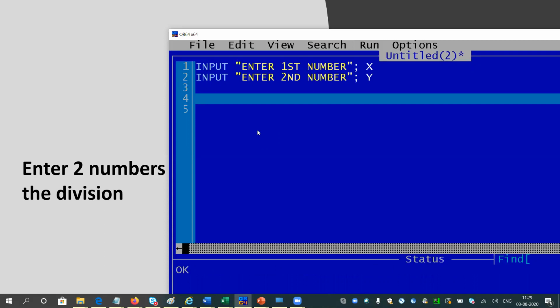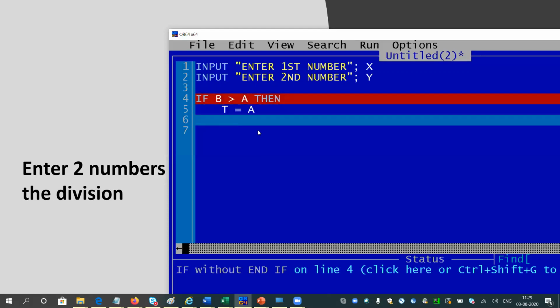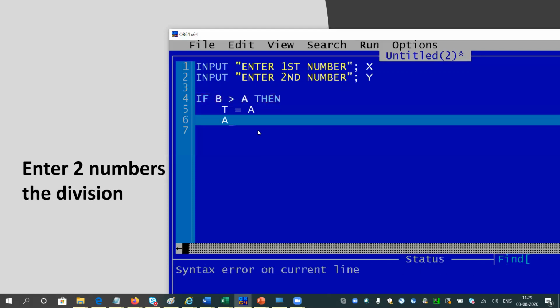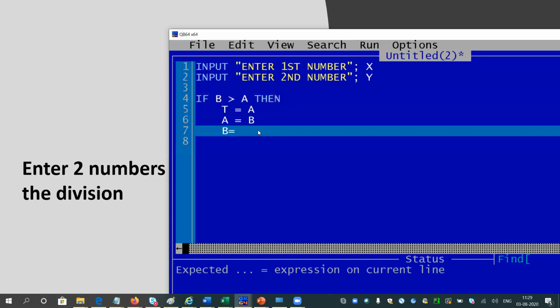So what will happen in that case? I will swap the values. I will check if B is greater than A, then I will swap the values using a third variable. This is a common code. If you do not know, you can check the first video. So t equals a, a equals b, b takes the value of t.